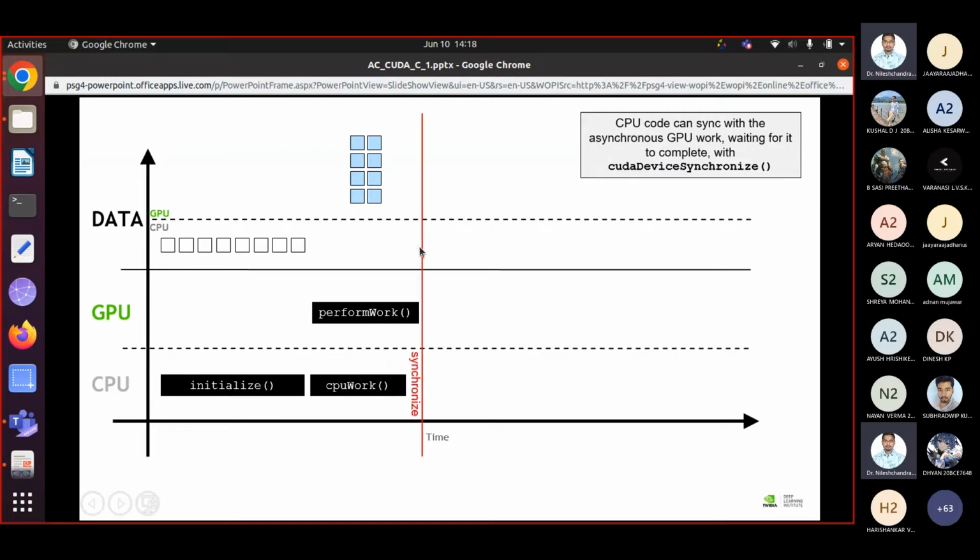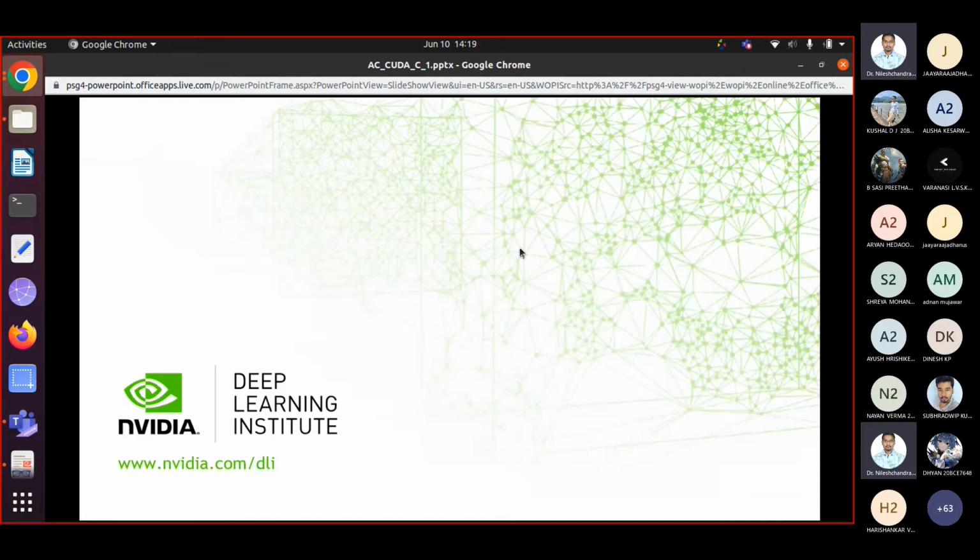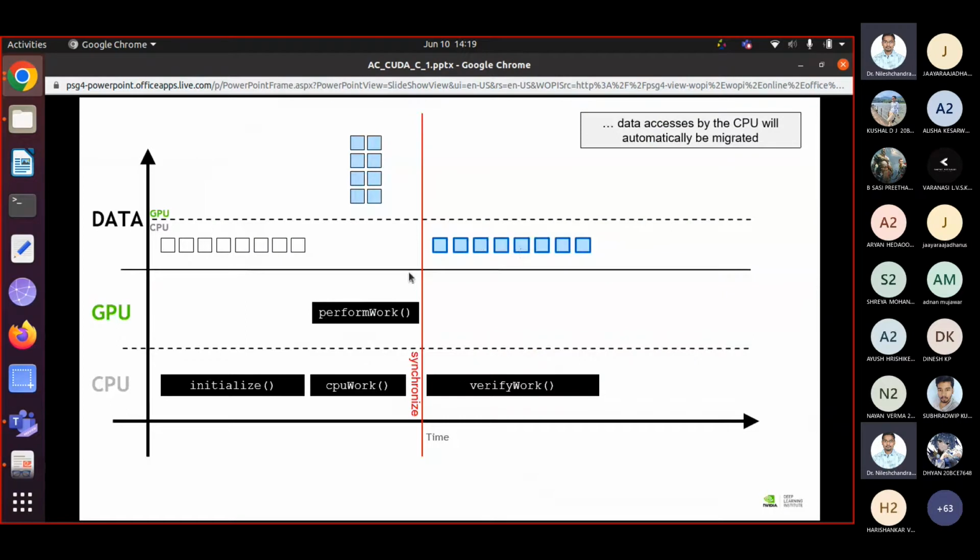After some time it will be synchronized. That means the CPU will complete its execution and the GPU will also complete its execution. Then you verify whether the results are correct on the CPU side. Since this verify work is executed on the CPU side, the data will be fetched again to the CPU side. Now data is present on the CPU side, right? This is how computation happens on the CPU and GPU side.